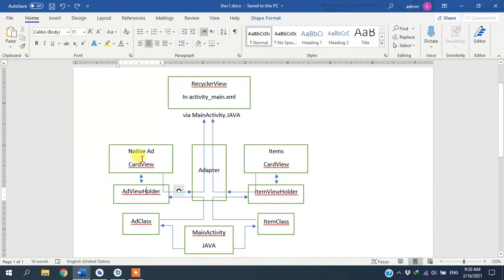Then the items and the ads go back to the adapter, and then it will be set in the recycler view. However, it's not going directly to the recycler view in activity main XML. It's going back to the main activity Java, and main activity Java will do that. But the idea is that after we repeat the card views, we're going to set it in the recycler view. For this project, we're going to create 2 different card views, 2 different view holders, and 2 different classes, and we're going to use 1 single adapter